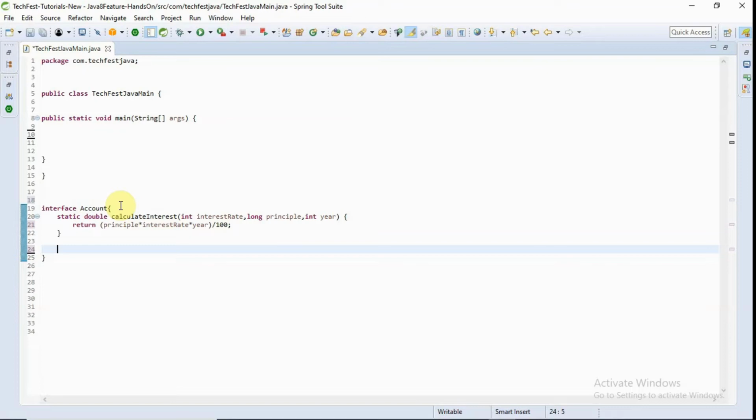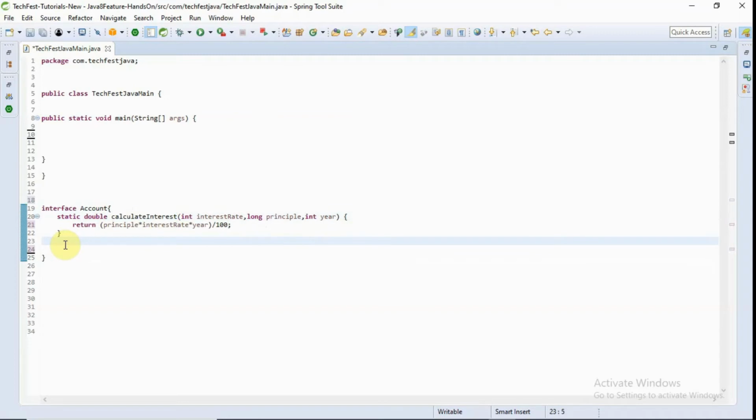So that is called a high degree of cohesion. To demonstrate how we do not require any class object or any class name to call this static method,